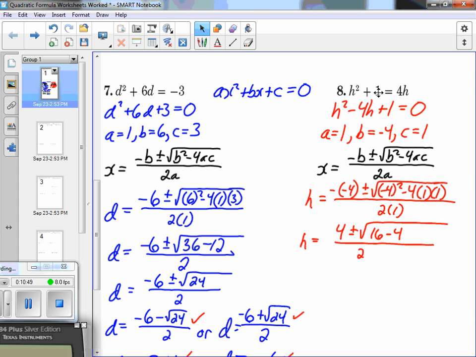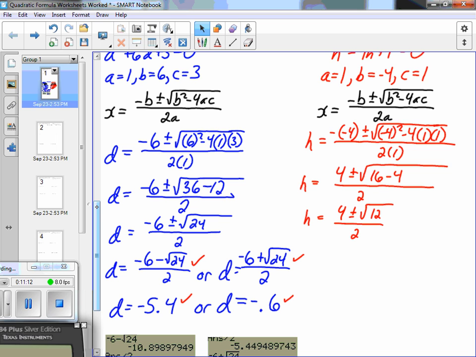Keep simplifying. H equals 4 plus or minus the square root of 12 divided by 2. Is 12 a perfect square? No, it's not. So, like I've said, I'm not going to worry about simplest radical form right at the